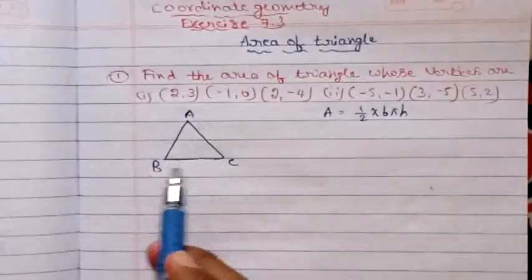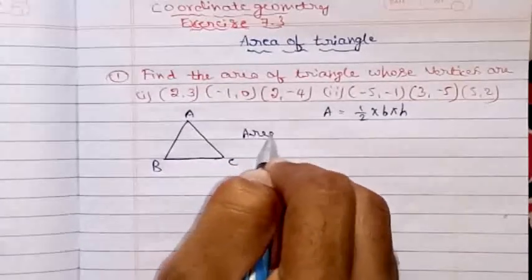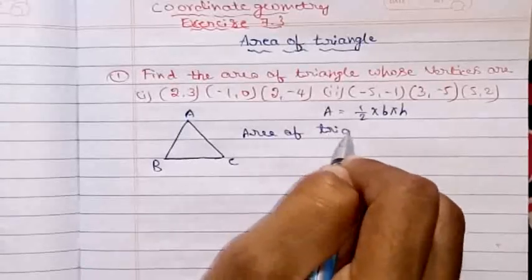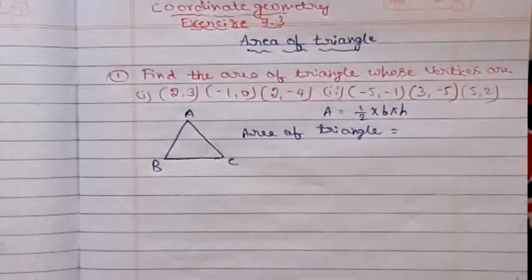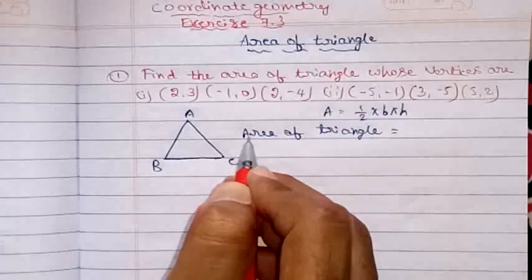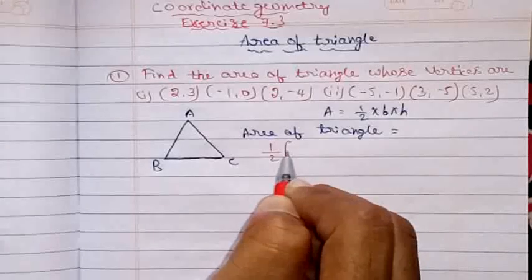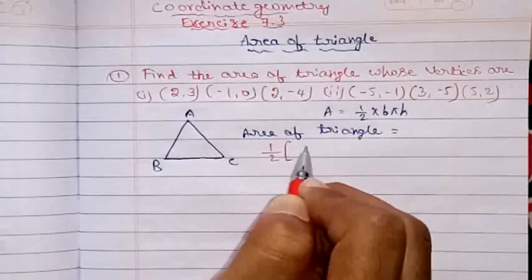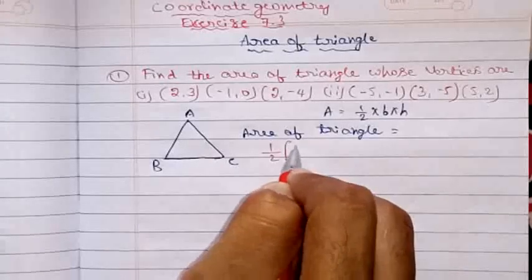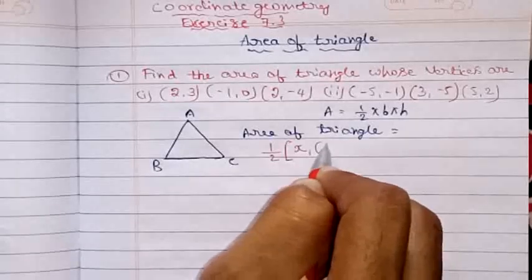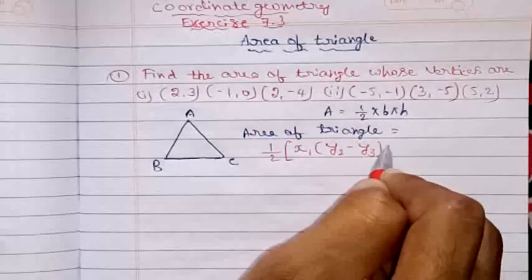Now if they have given the coordinates, what is the formula? So the formula will be: area of a triangle equals, let me write the formula here, half into, right? Afterwards I'll say how to remember this formula. Okay, so half into x1 into y2 minus y3 plus